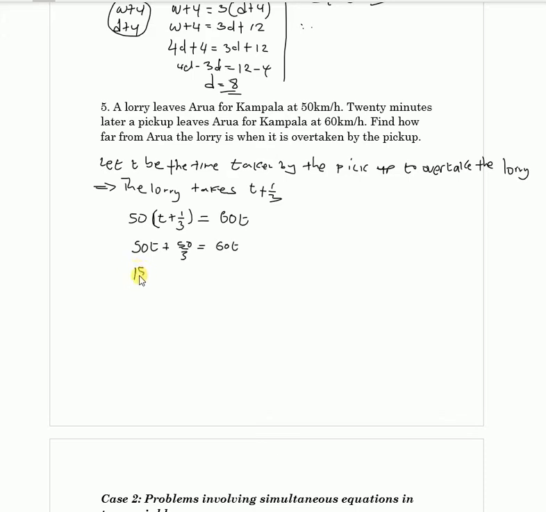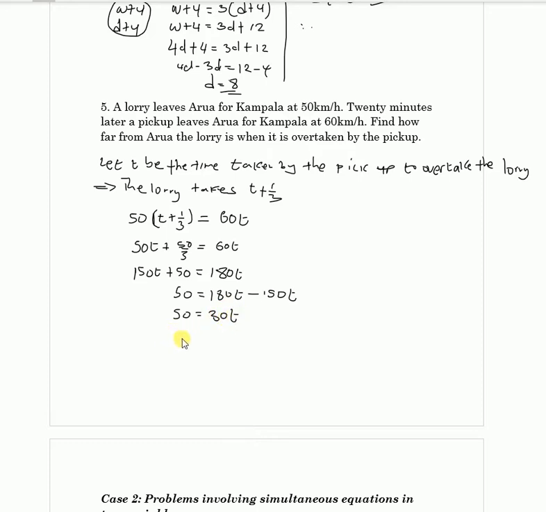So by 3, 150t plus 50 is equal to 180t. Let me take this one that side, and I have that 50 is equal to 180t minus 150t, such that 50 is equal to 30t,